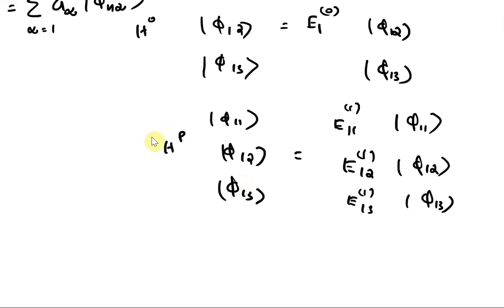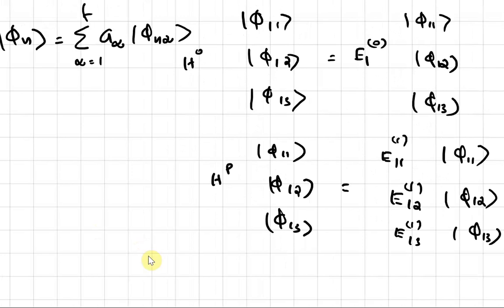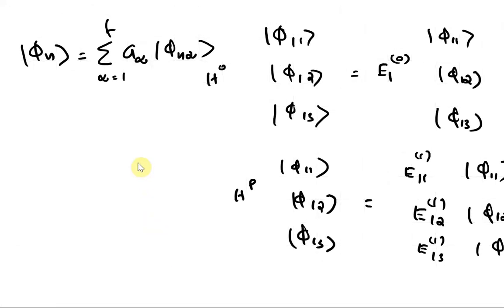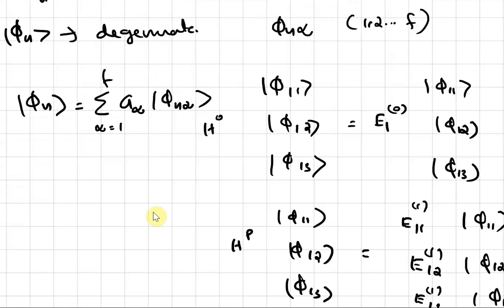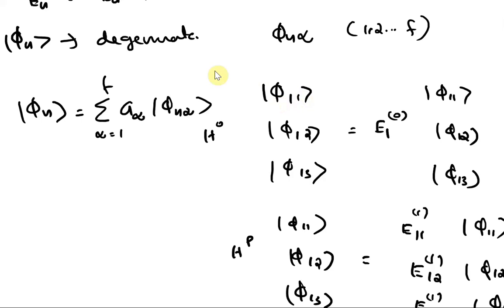So in general, with perturbation acting, this is the change that is going to happen for the state: the degeneracy can be lifted away, and the energy corrections will be split into different possible energies. Now what we have to do is, this phi n is actually an element of a Hilbert space,